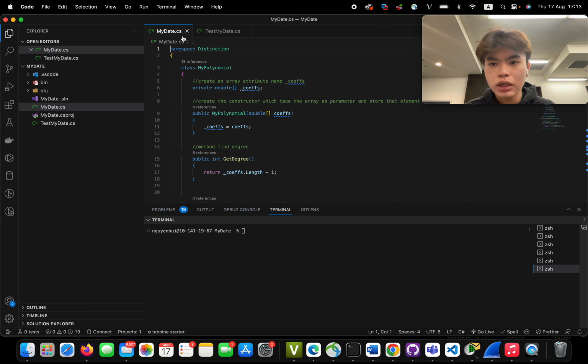My code about the polynomial, and let's just go straight to it. So the first thing I'm creating is the array attribute named coefficient, and I'm setting the data type to be double, and then after that I'm creating a constructor. We take the array as the parameter, and then I store the value into the new attribute we have